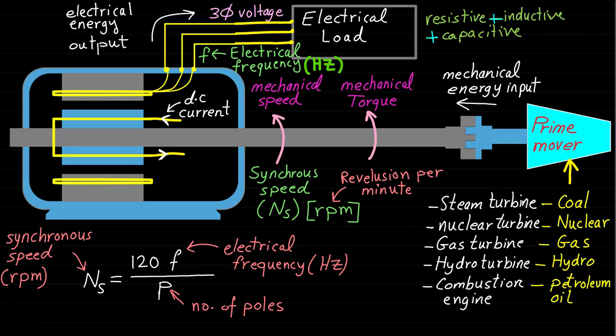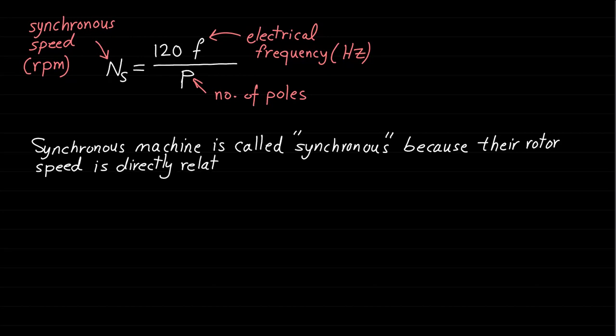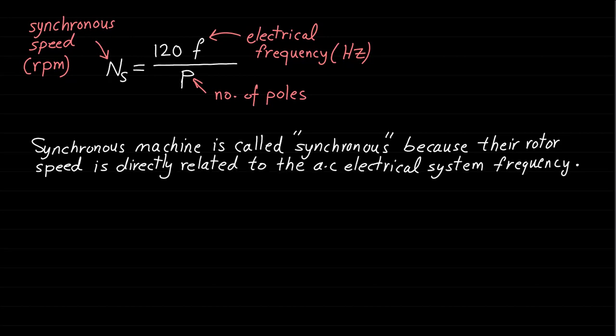Synchronous machine is called synchronous because its rotor speed is directly related to the AC electrical system frequency. In other words, the machine always operates or rotates in steady state at fixed synchronous speed that is related to